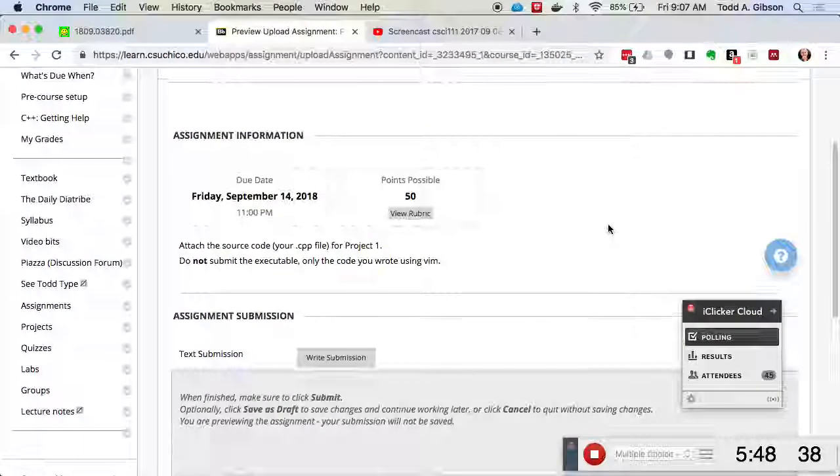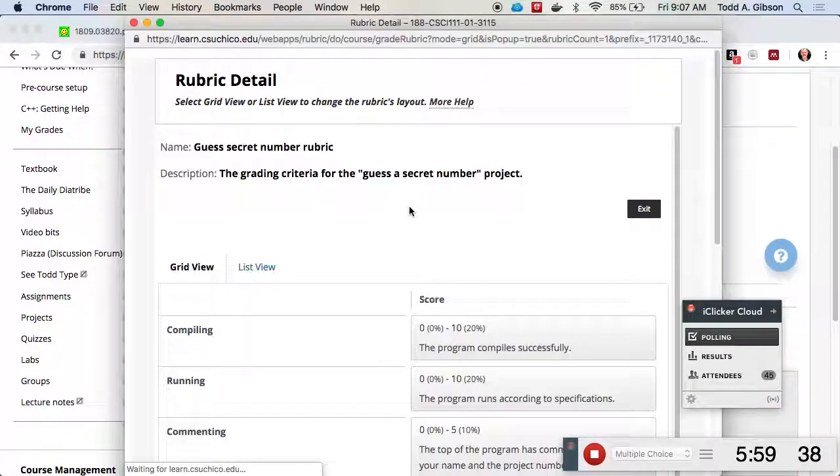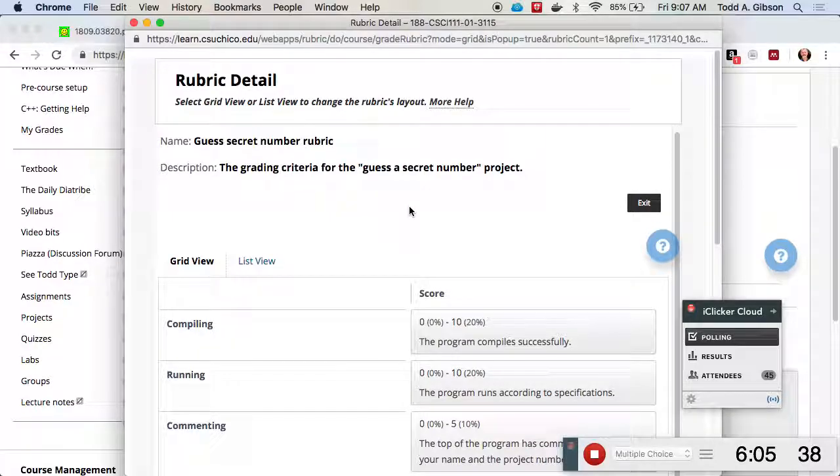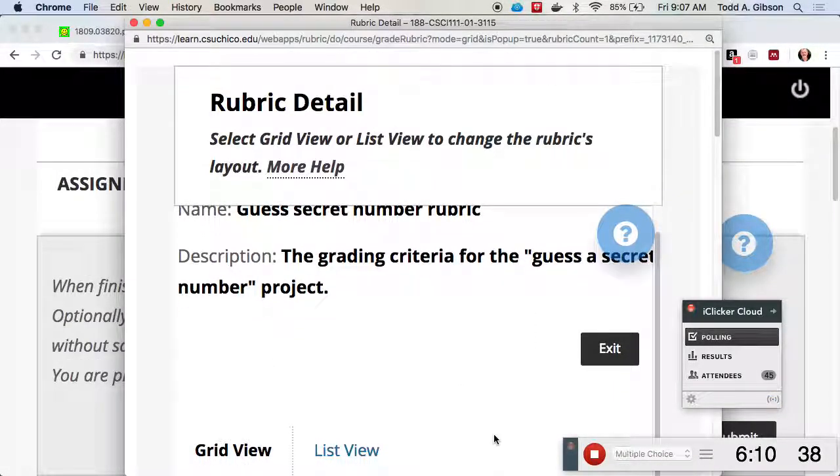The final thing is on this submission link, there's a little button here to view rubric. This is only for the projects, and this is what you're graded on. So you'll want to check this. Even if you submit it, I have a feeling many of you are going to have not checked this and will want to resubmit the assignment because, it's pretty straightforward, there are a couple hidden items that you may not necessarily be familiar with.